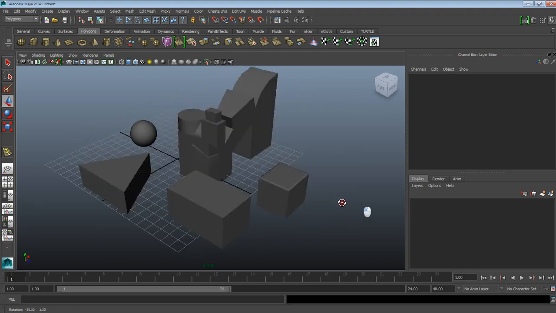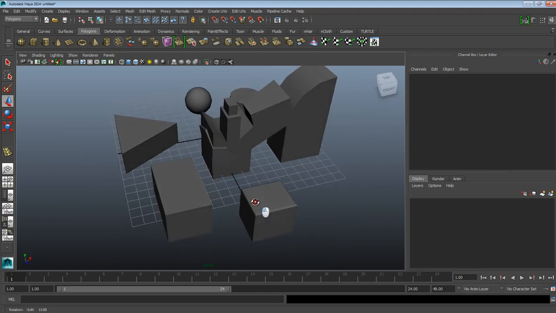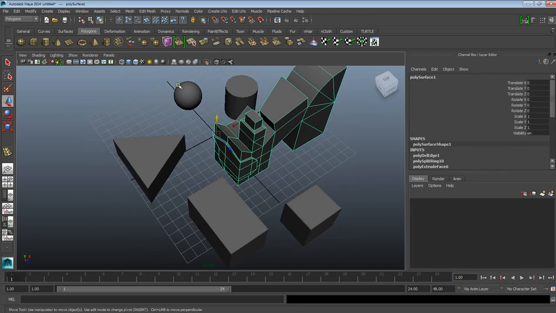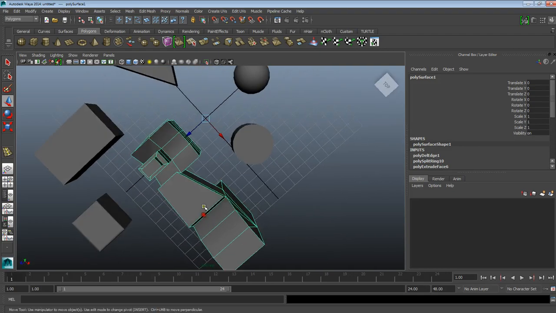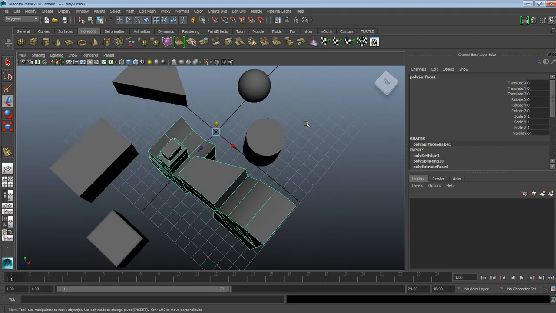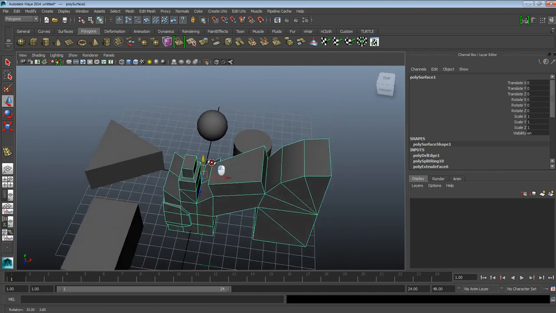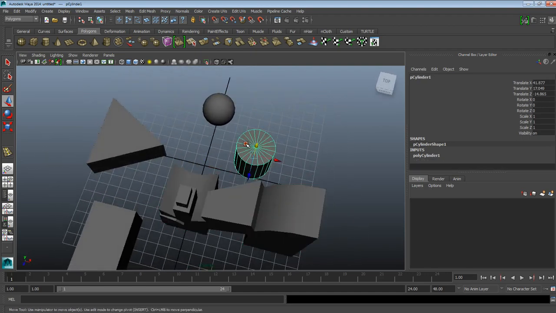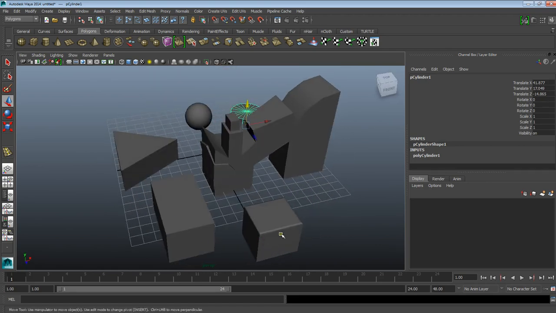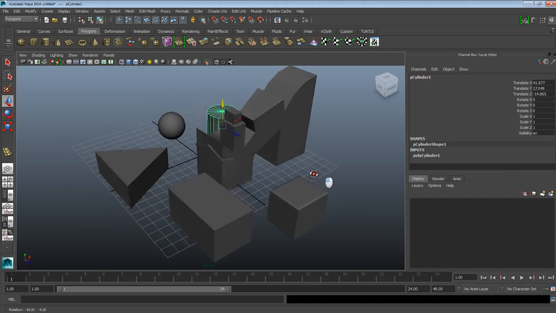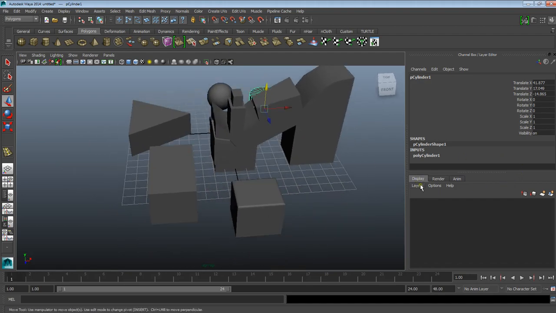So for instance, if I have multiple objects in my scene and I wanted to just focus on this one, but I didn't want to have anything else affecting my scene, because when you have a populated scene, it becomes difficult, and you might be working on this one and select that one by accident. So you want to put those in a different layer that you can freeze, so you're not manipulating those. So if I go to display,